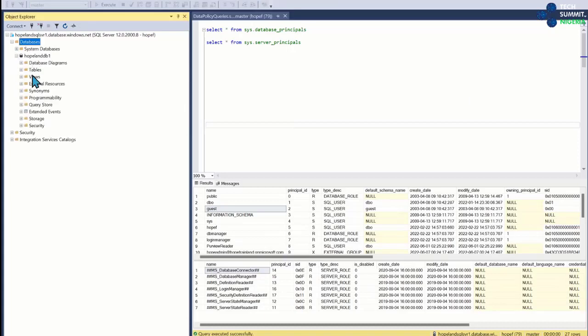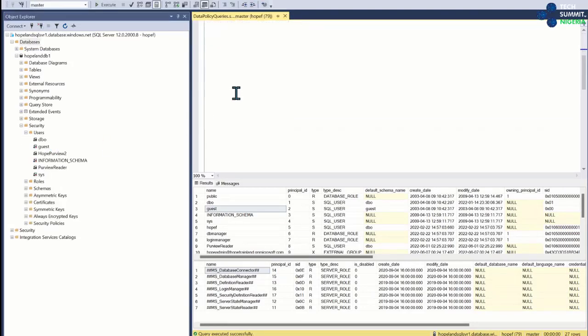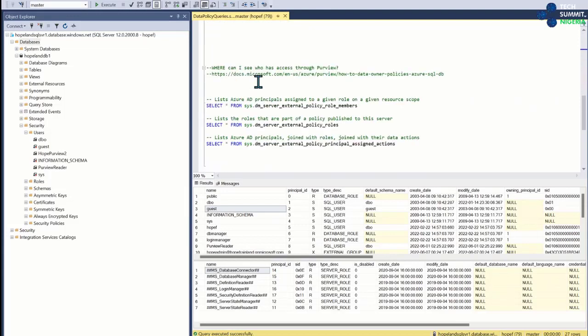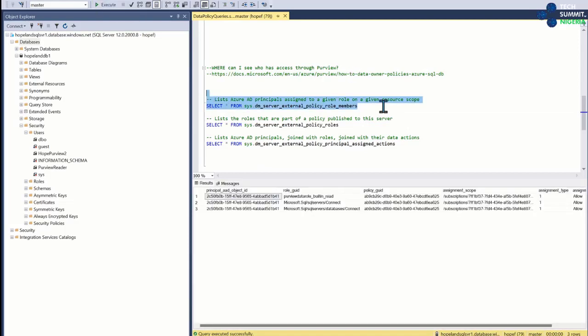So it doesn't show up in the logins. It doesn't show in the users area. I started to wonder, where can I see this? If I scroll down on this query, this is a link where you can get to these DMVs. It's also going to be in the slides here. But if I select from here, these